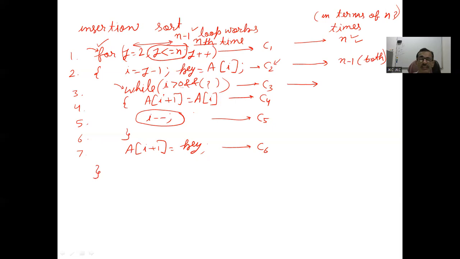Now, worst case, it can execute maybe n minus 1 times. Best case, it could execute only once. 0 will never happen because the condition will be checked. So let's assume this statement executes aj times